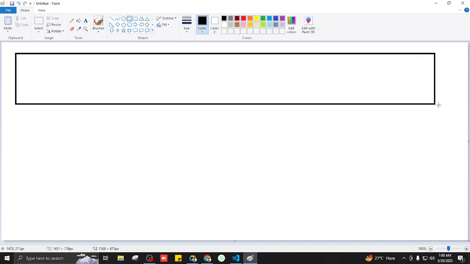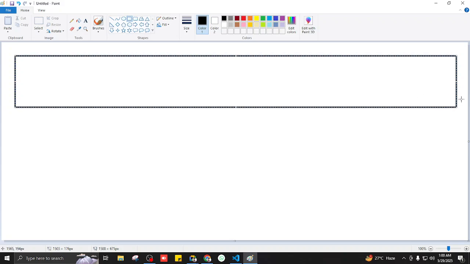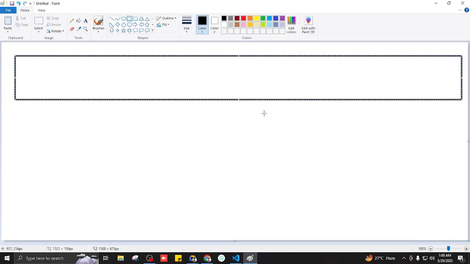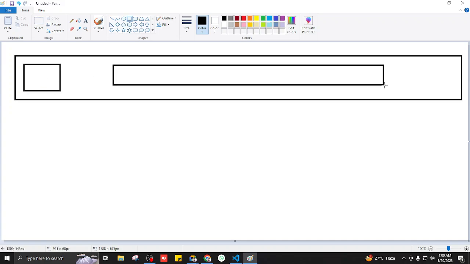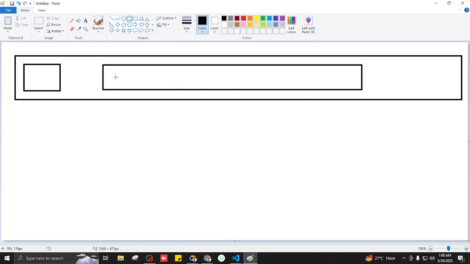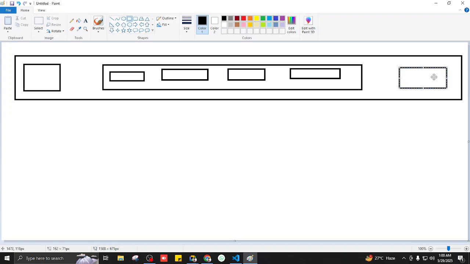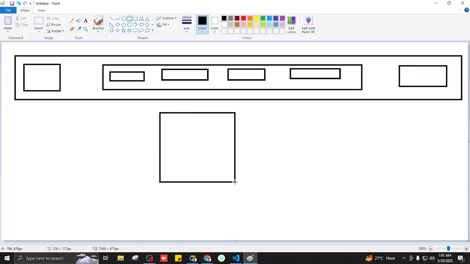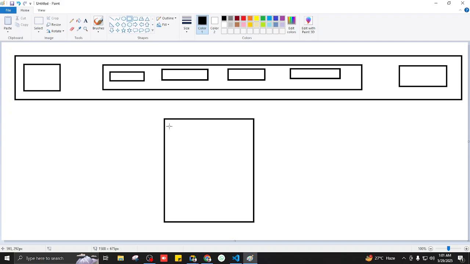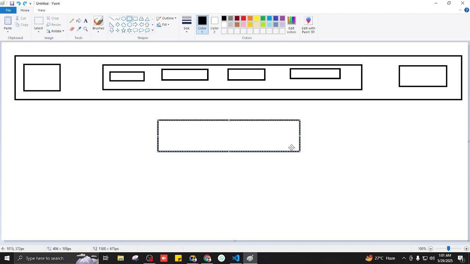Okay, so what I want to do is create an app bar. Now it's really important because most of the time it's always the same kind of nav bar. We have the logo, we have the menu items, 1, 2, 3, 4, and this one is going to have a button. And for the smaller screens, the mobile screens, we are going to have, just like this,